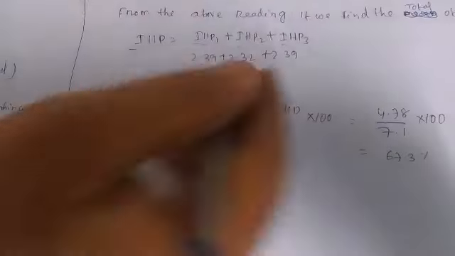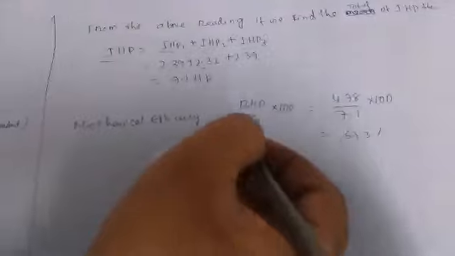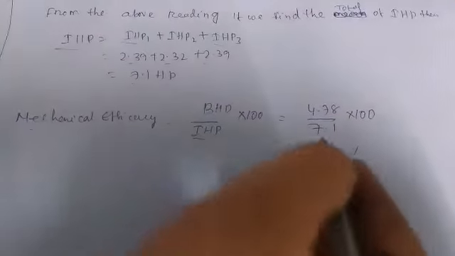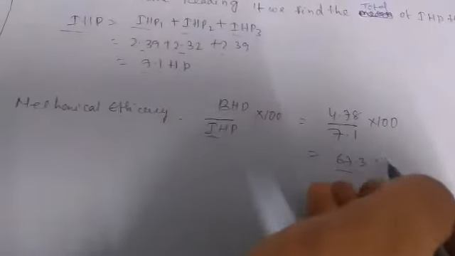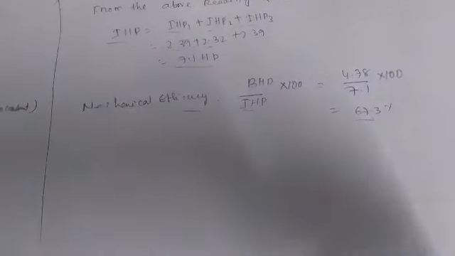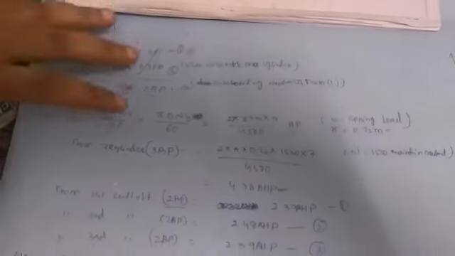Now this is your Morse test completed. If you find the efficiency, you can find the mechanical efficiency, which is brake horsepower by indicated horsepower, output by input. Here it is 4.78 by 7.1 into 100, that is 67.3%. So this is your mechanical efficiency. From this experiment you can find the Morse test power and the efficiency, and you can also find the heat balance sheet. In this way you can do the Morse test experiment on the 3-cylinder petrol engine. Now the experiment calculation is completed. In a further video we will discuss other experiments. Okay, thank you.